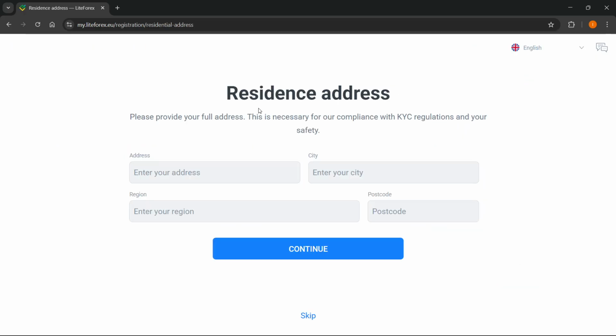It's going to basically take you into the part of the setup where you left off when it comes to your verification process, or this KYC over here, and then you just have to keep continuing it. So for me here, I'm currently on my address. The first thing you have to do is put in your personal info, some of your basic details like name, surname, stuff like that. Then you're gonna have to verify your email, your phone number, and then you'll come to the address over here,